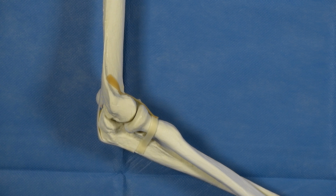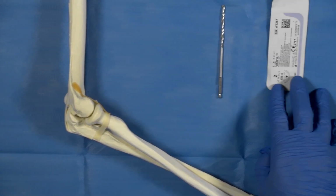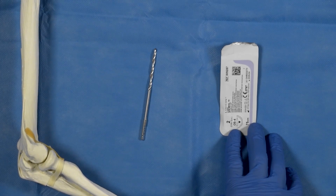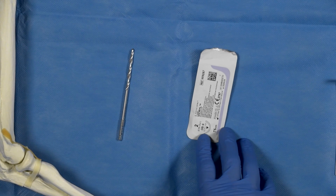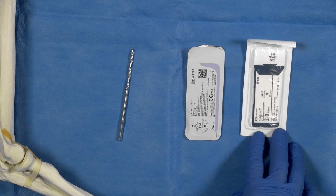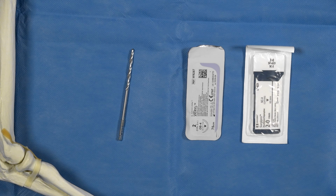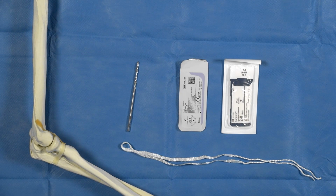So the tools that we require for a reconstruction are a 3.5 drill, number 2 synthetic suture on a short stubby needle. I'd normally use something like an Orth cord, which is strong because we can incorporate that into our repair. And then a 2.0 Prolene on a straight needle, which is used for passing sutures. And then to do our reconstruction, we're going to use a synthetic graft and neoligament Infinity-Lock